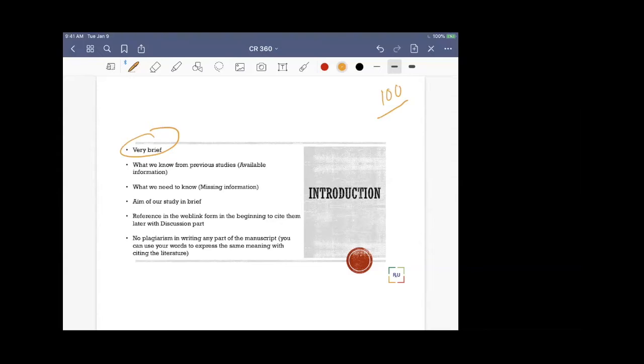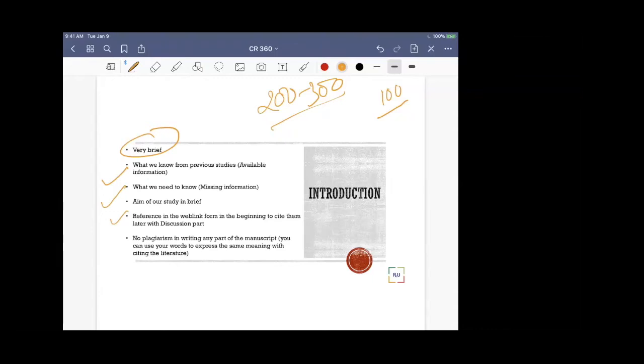If it's a huge study, an original full-length article, then you can think about spending 200 to 300 words on the introduction. But the most important point is that it should be very brief. If something is not required, you should not cover it there. So number one, it should be very brief. For ease, I'm dividing the introduction into 3 different paragraphs: paragraph number 1, paragraph number 2, and paragraph number 3. You do not need to write more than 3 paragraphs.